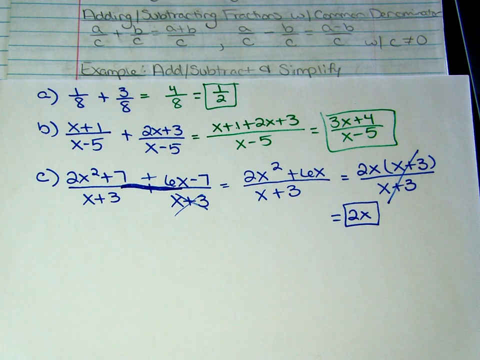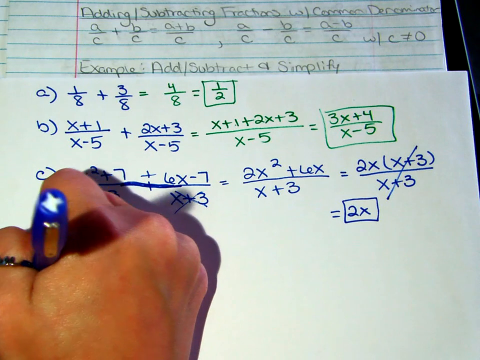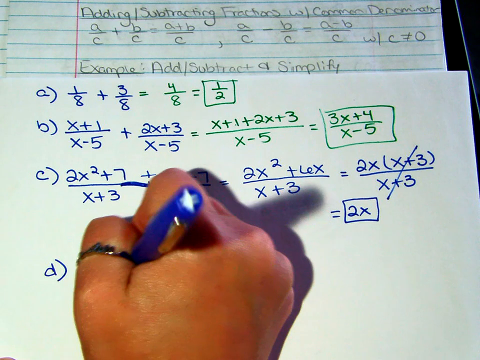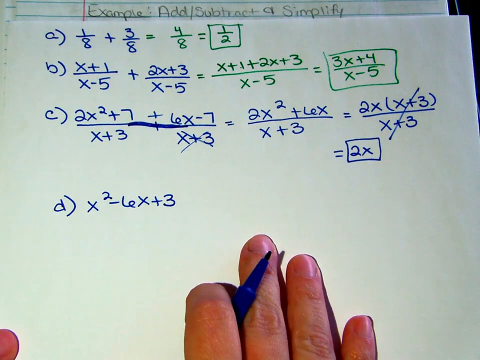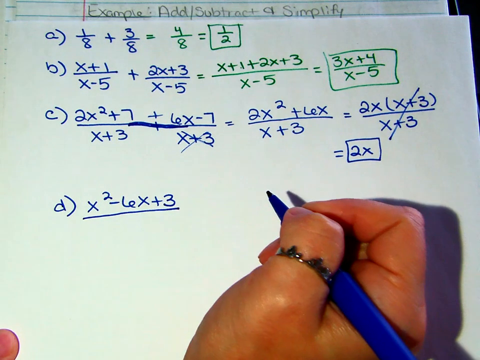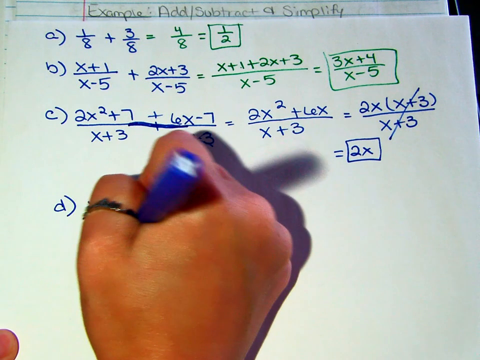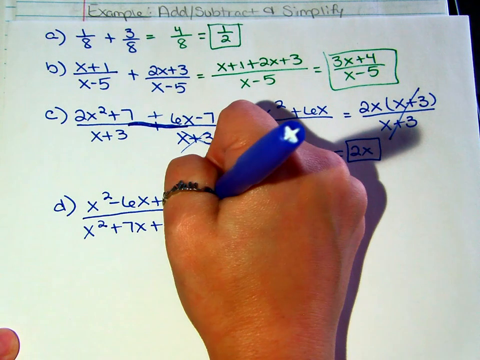Questions on that one? That's the first one we've had that kind of does that. All right, let's bump it up another notch. Let's do a subtraction one because we haven't done one yet. We'll do x squared minus 6x plus 3. And you can't really see that. All over x squared plus 7x plus 12 minus